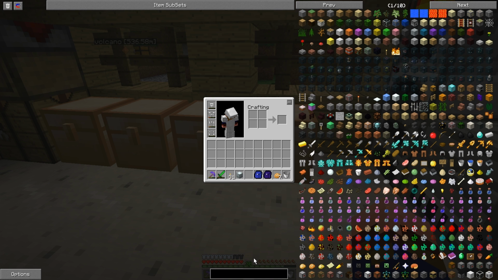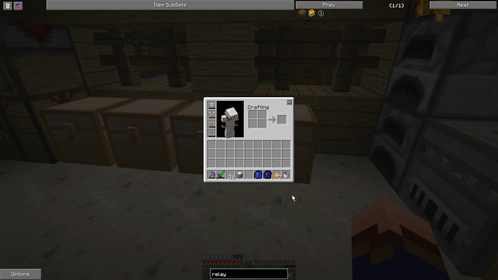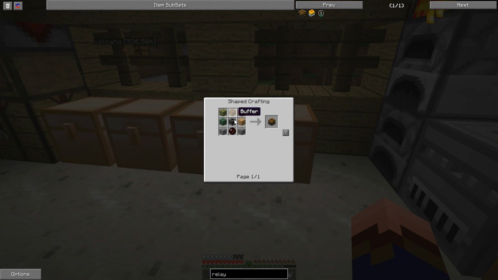But what I need is a... You know, I want a relay, I think, maybe. We'll see if that does it. That requires a buffer and a transposer and some red doped wafers. To make the wafers, that's going to cost diamonds to get the tool to make those. Maybe... See, I can do a buffer and a transposer together without...